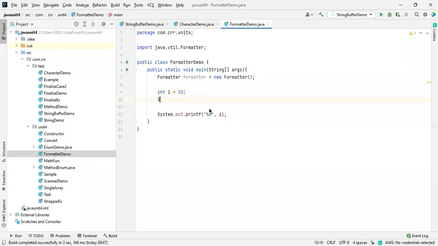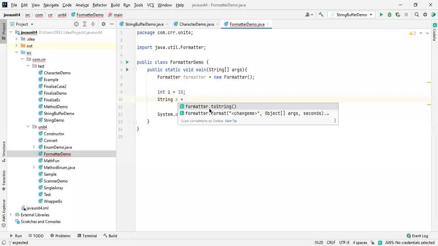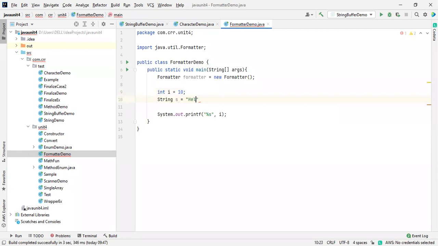String s equals hello. I think you got the point. If I want to print this one, just take it as s. Here we won't get any error, because if I mention i directly, the string accepts the integer values also. So based on that, we won't get any error.